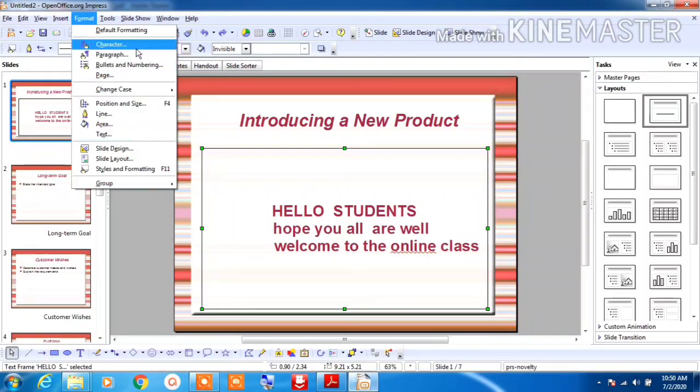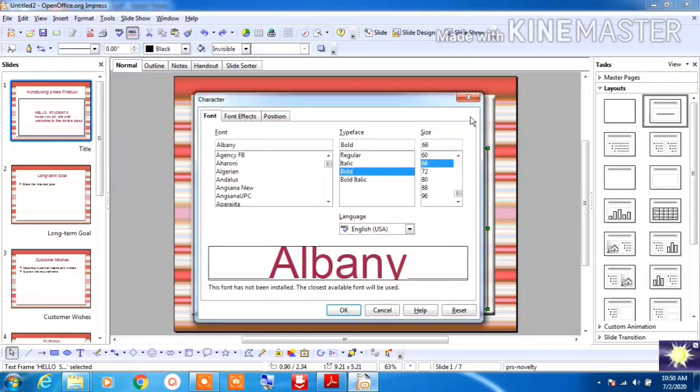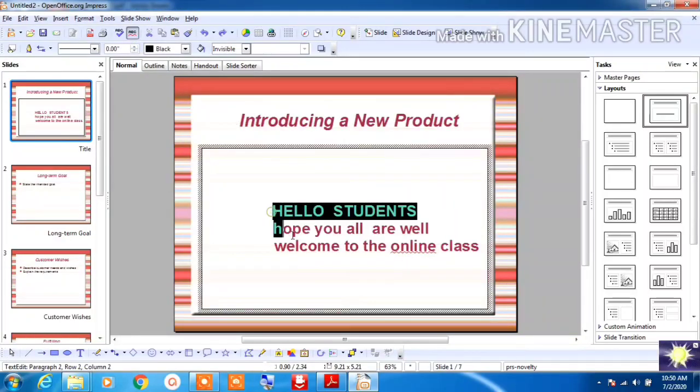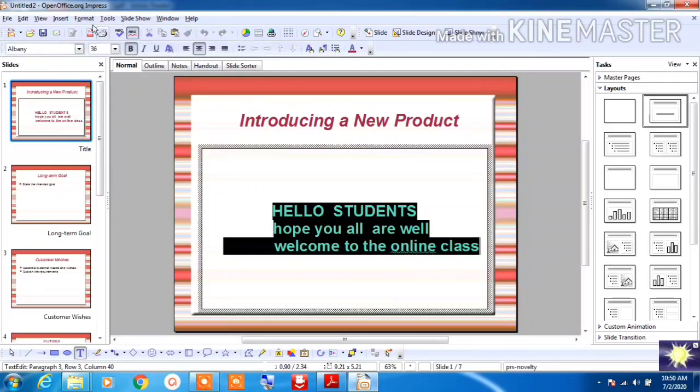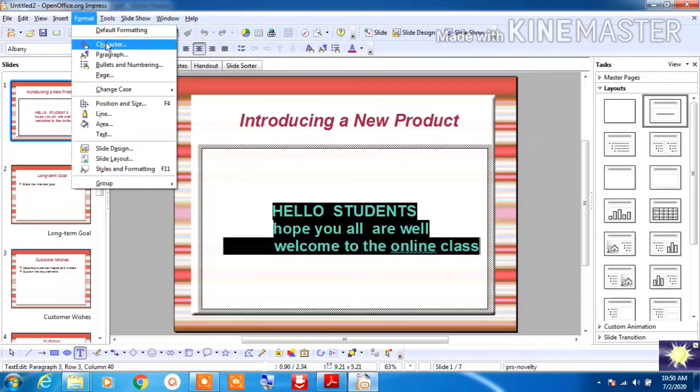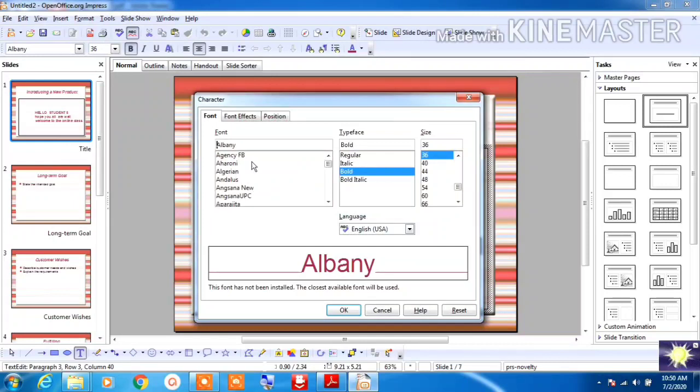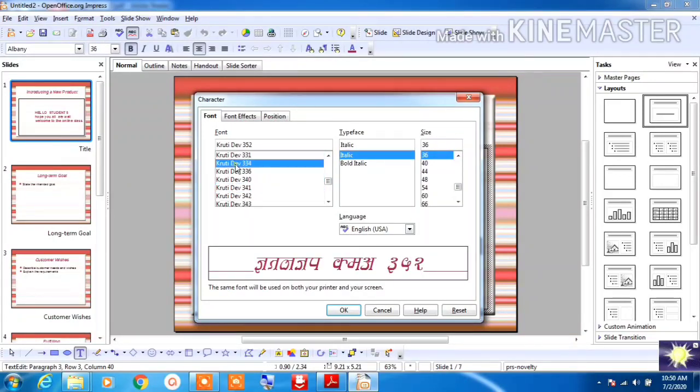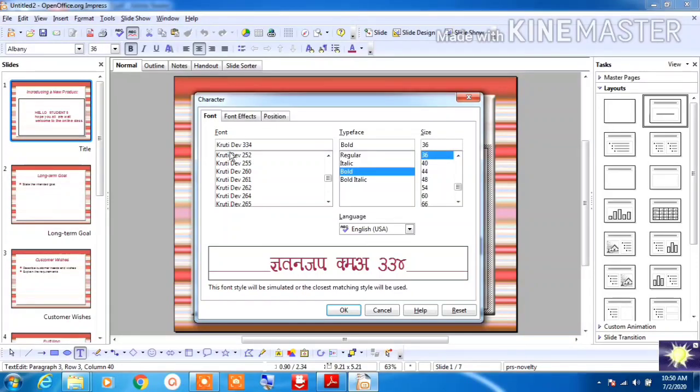So first we will click on the character. First we will select a text, go to Format, click on Character. Here you can change the font style, make it italic, change the face.